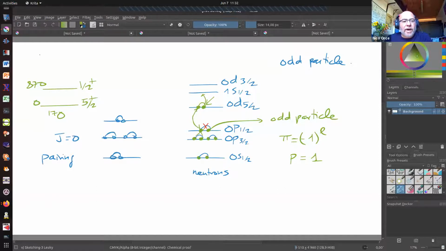And now we have a bigger jump at 3.06 MeV. And this guy is a 1/2 minus. And this 1/2 minus comes, as you can see here, is a very likely possibility that we have a J 1/2, P is negative. So we break a pair